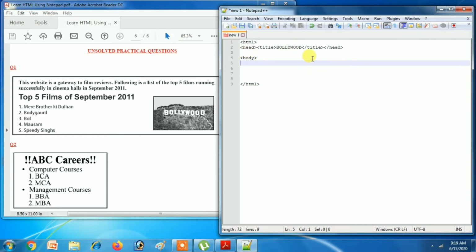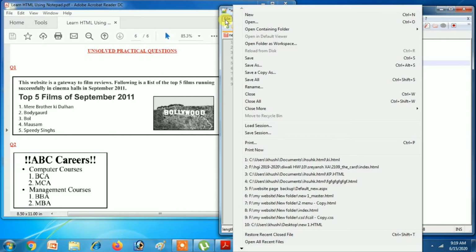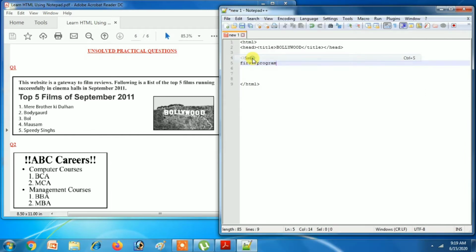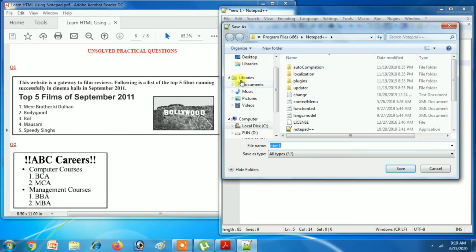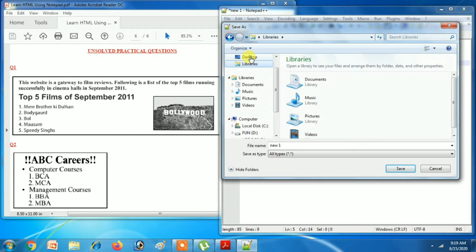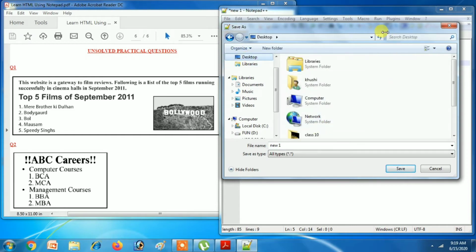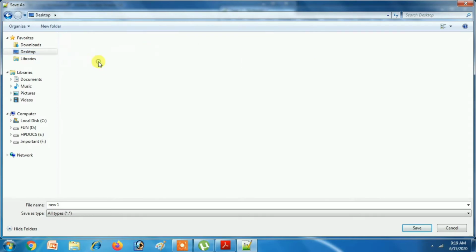Okay, so this is our first program. Let's see how it looks in the web browser. So we will save it. I have created a folder on the desktop. You can see the class 10 folder I have created. There I have already downloaded a picture and used it. So I will save it here.